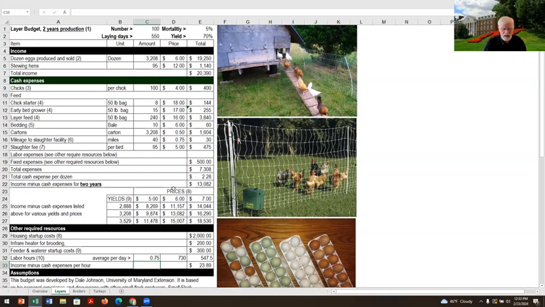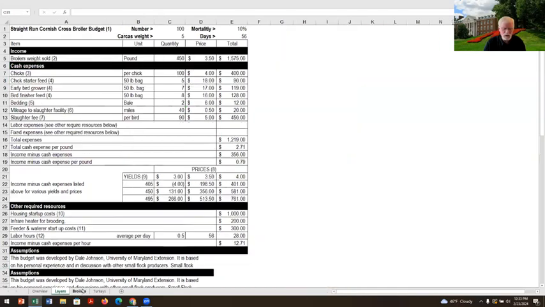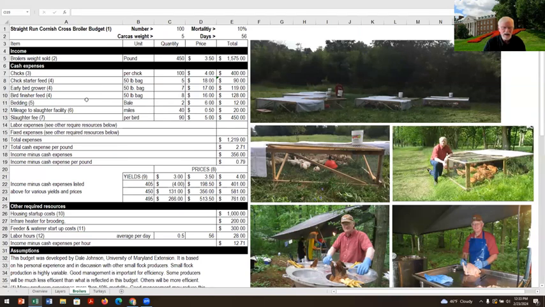Okay, let me think if there's anything else I want to. I'm looking at my time, and yes, I have to move on. I will take questions at the end. Corrections. You may even have some corrections that, well, there's a number here that I don't think is right. Well, you may be right. So we might have some corrections at the end here too. I think I've pretty much talked about everything I wanted to here. So let's move on to a broiler budget. Okay.